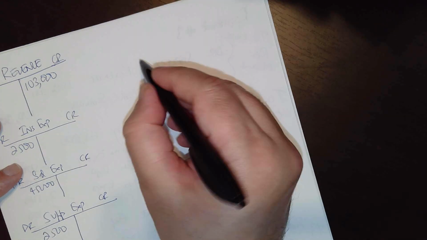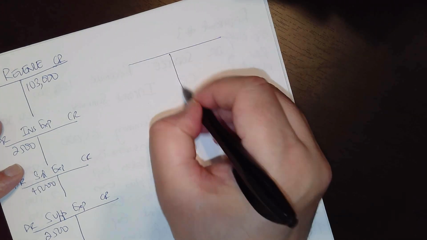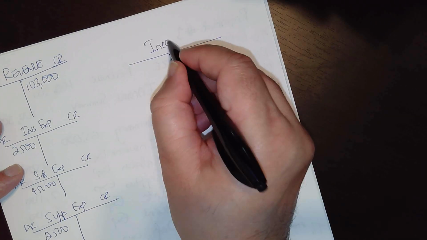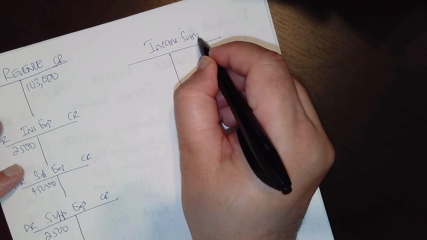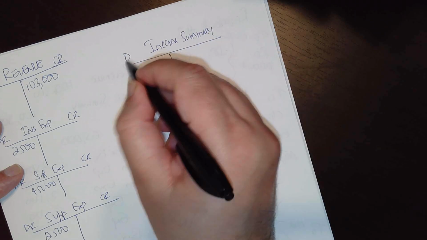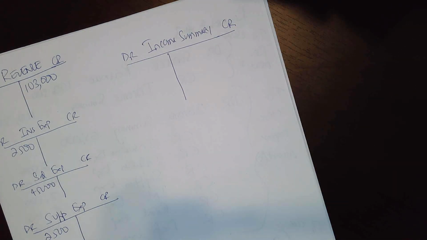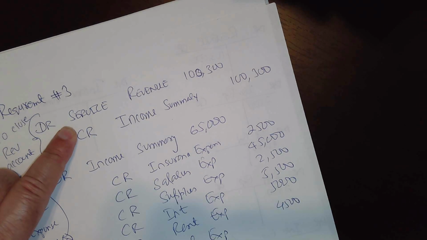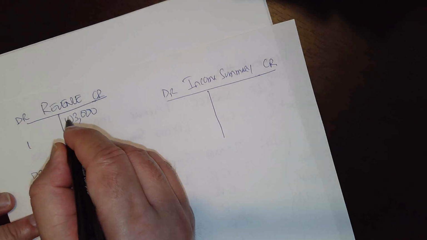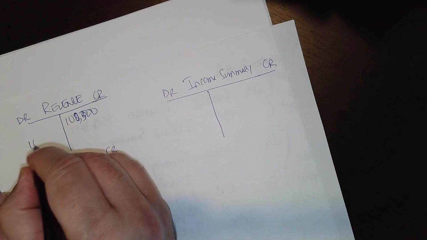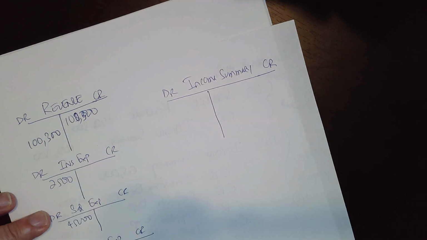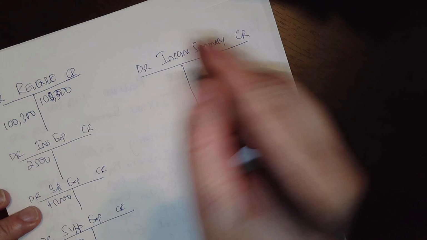Okay, so here is your income summary account. So what you did over here, you debited the service revenue for 100,300. You debited it, and so when you debit this, you credit this